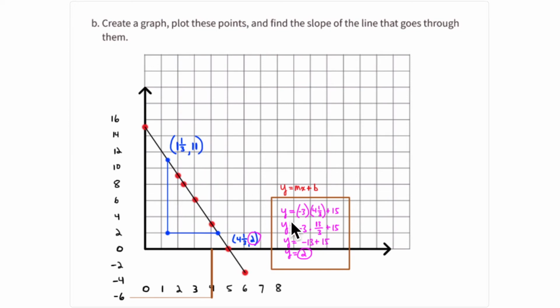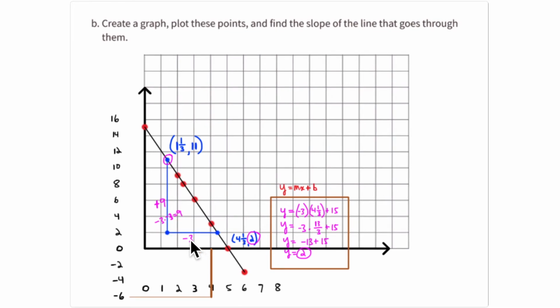Well, I could go through, plug the 1 1/3 into this equation again, but I don't have to do that. I know that this length has to be a positive 9 units, because if this is negative 3 units, the length in the y direction is a negative 3 times the length in the x direction. So it's a negative 3 units in the x direction. So what's a negative 3 times negative 3? That is equal to positive 9. So it has to be positive 9 units